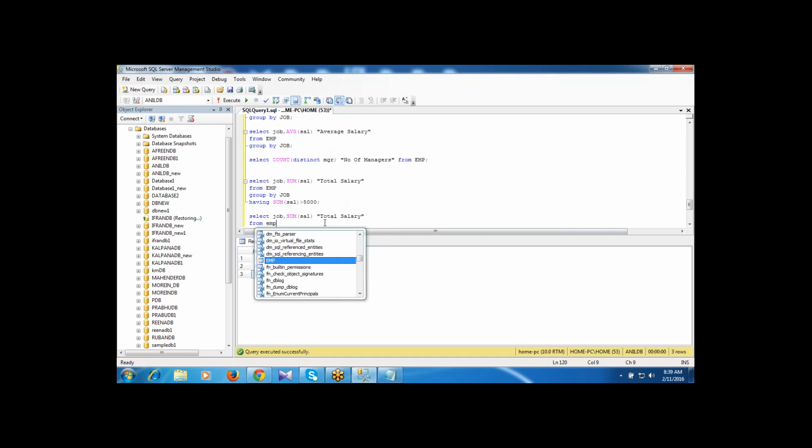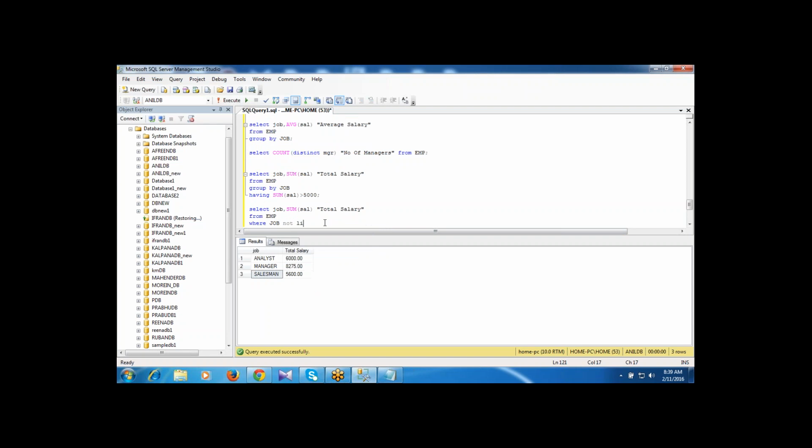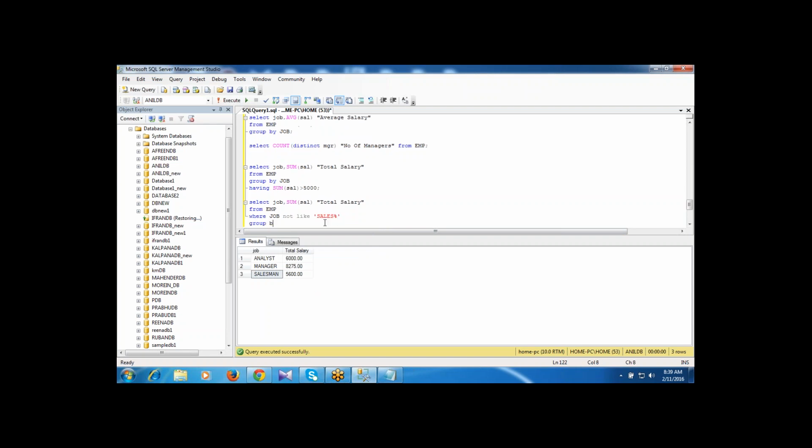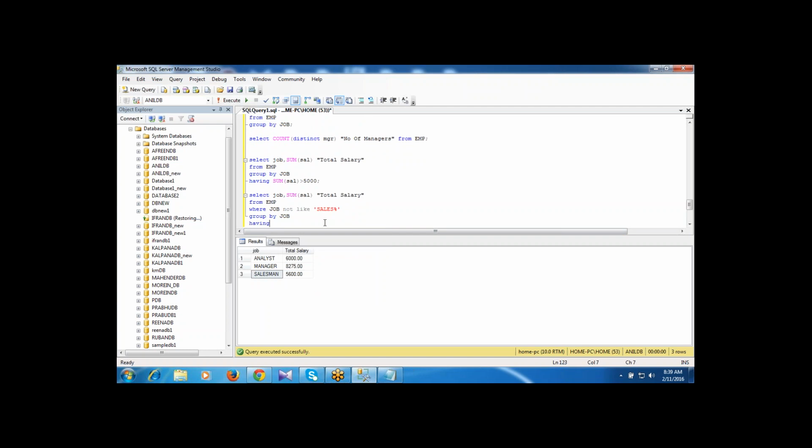Total salary from EMP, where job not like sales percentile, then group by job having the sum of salary is greater than 5,000. Right?